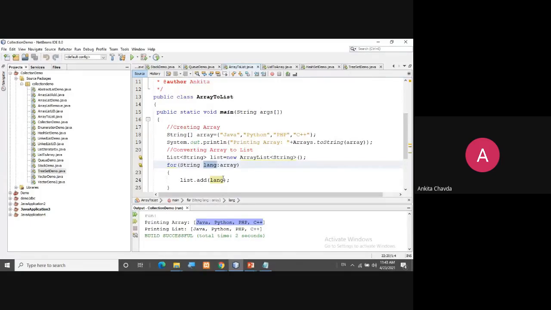So lang colon array, because you wish to traverse through this array. And inside this for-each loop, you are adding each and every element to the list. Simple. Right now your list is an empty one.